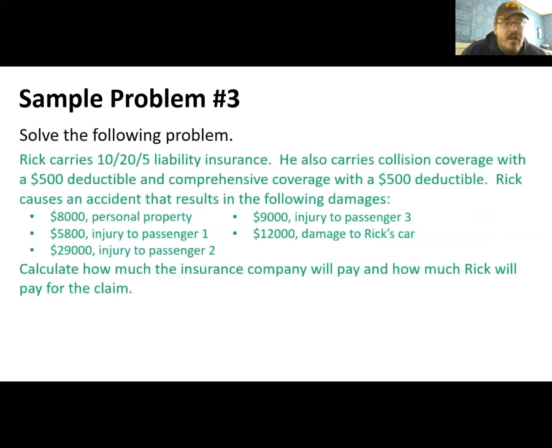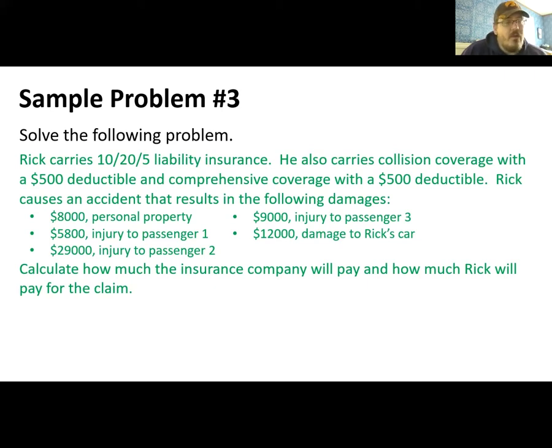All right, let's do one final example. In this problem, what we're going to do is look at how it works when coverages are paid out. So let's say you cause an accident, okay? Obviously, your insurance is going to pay for things, but it's going to be paying out based on the coverages that you purchased. Obviously, if you've got more coverage, you've paid a higher premium, but you're getting more insurance. On the flip side, if you pay for less, your premiums are lower, but you might be liable for more